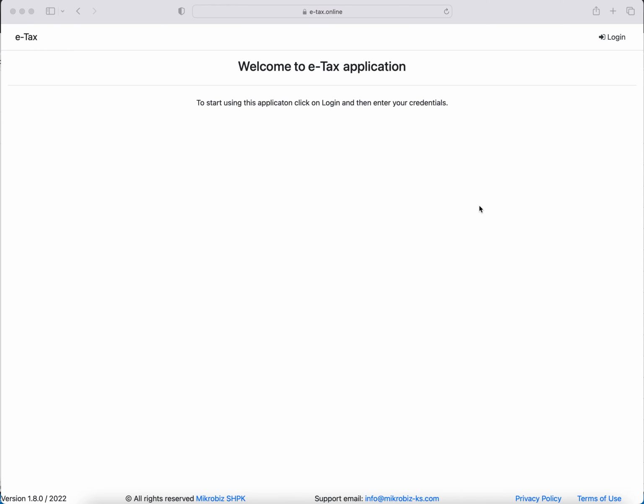Hello, I will demonstrate the eText application, which is a reporting tool for the needs of our clients, which is very specific reporting that our clients need to do for our tax administration. Once a user has the credentials, they will be able to log in